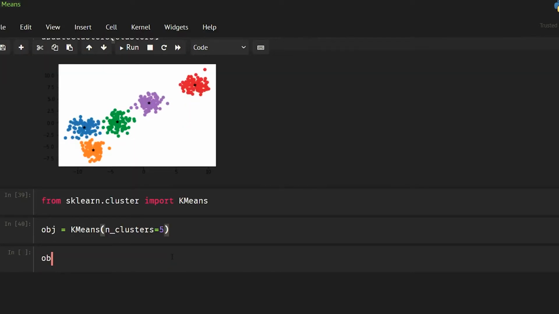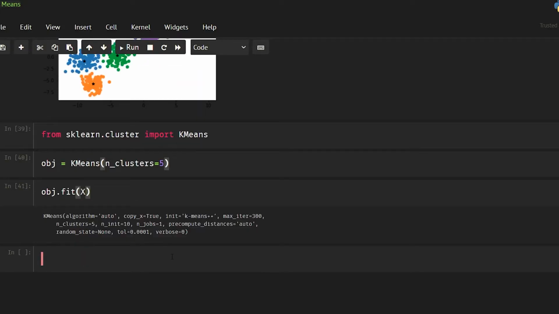Okay, and what I'm going to do is object.fit, and this I'm going to pass our x. As you can see here, our algorithm is k-means plus plus.